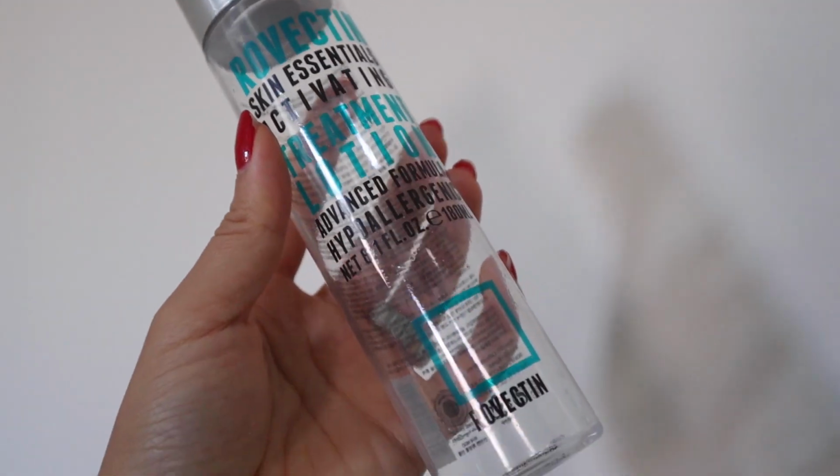Repurchase. This is the Rovectin Skin Essentials Lotion. I really like this one. My mom and sister really like this one. They use it nonstop, which is why it is empty. It's more of a thicker lotion, so it would be great in the wintertime, like right now when I'm filming. It is so dry in the air that my skin just feels like